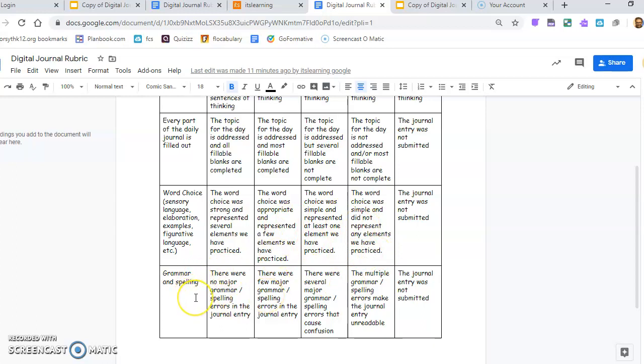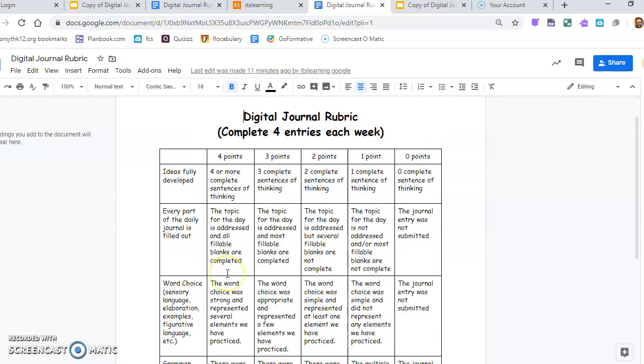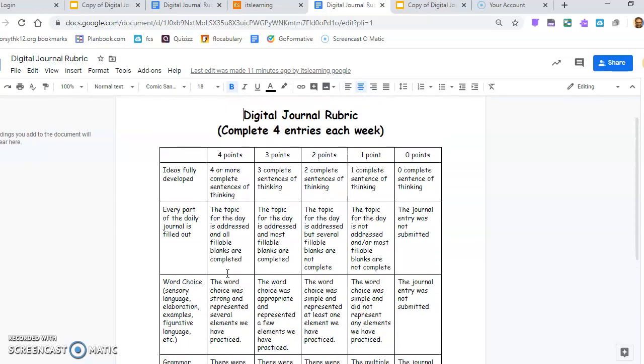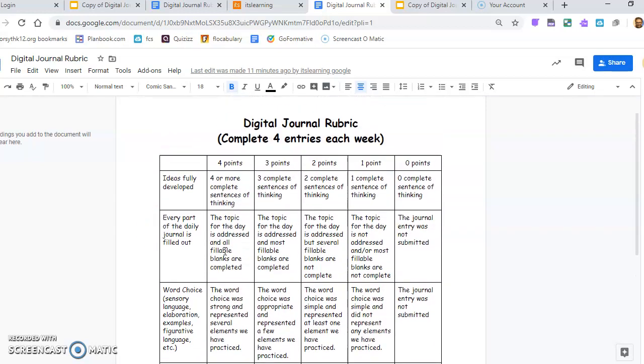Here, the last section, you should just proofread your writing. You can get somebody else in your house to proofread it, but there should not be a ton of mistakes. Spelling, grammar, definitely put periods and marks at the end of your sentences. A lot of us have a hard time with that, but each day I'm going to look at your response and just give you 1 through 4 points on each of these sections.